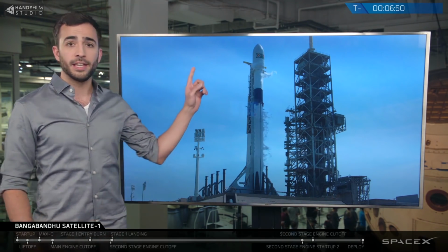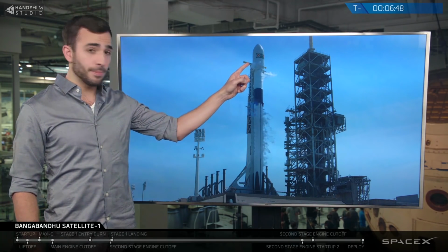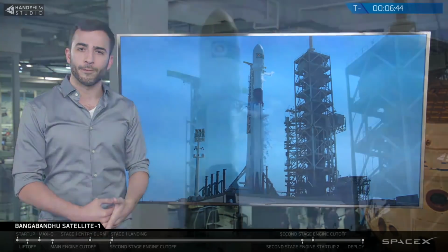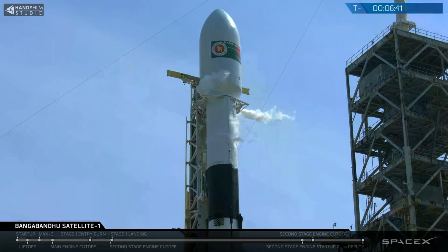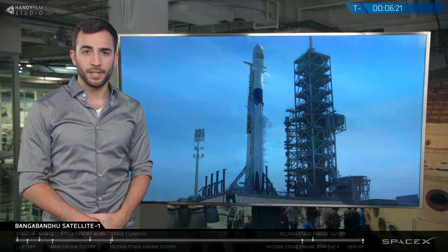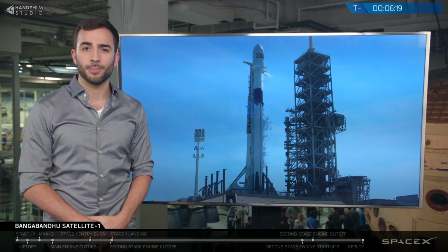Now at the top of this rocket is the nose cone structure at the very top. This is called the payload fairing, inside which is Bangabandhu Satellite-1, the first Bangladeshi geostationary communication satellite for the country of Bangladesh. The satellite was built by Thales Alenia Space of France and covers a wide variety of broadcast and telecommunication applications, including satellite television, internet access, and emergency communication services, and of course much more. The satellite will be operated by the Bangladesh Telecommunication Regulatory Commission, or BTRC, and is expected to last approximately 15